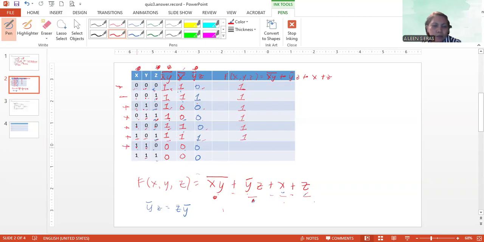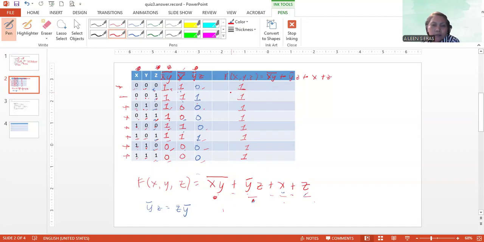Next row, 1, or 0, or 0, or 0. So we have 1 here. Okay, 1 man sana siya. The last row, 1, or 1, or 0, or 0. So na ay 1 din ana nila. So 1.